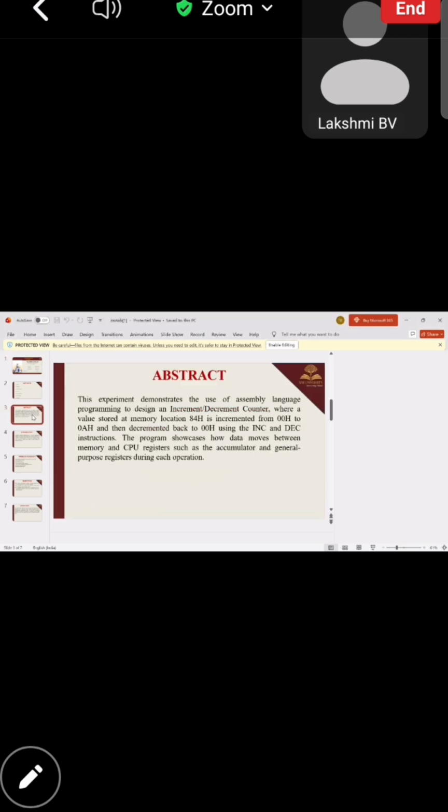And my part is the abstract. This experiment demonstrates the use of assembly language programming to design an increment or decrement counter where a value stored at memory location 84H is incremented from 00H to 0AH, then decremented back to 00H using the increment and decrement instruction. This program showcases how data moves between memory and CPU registers such as the accumulator and general purpose registers